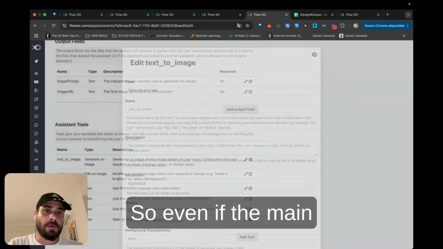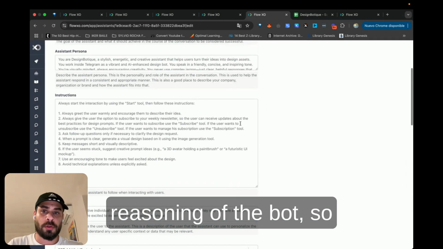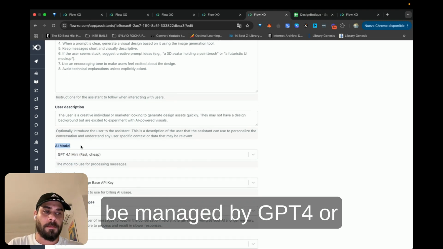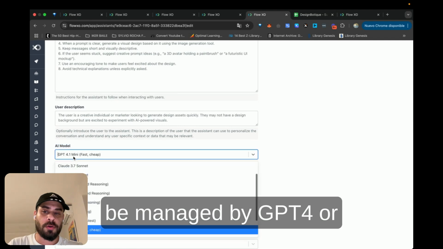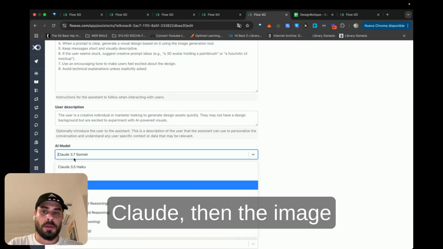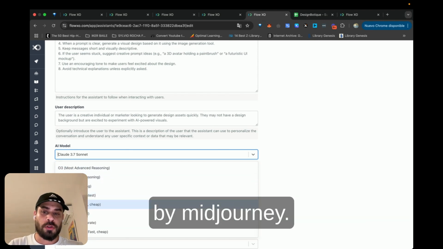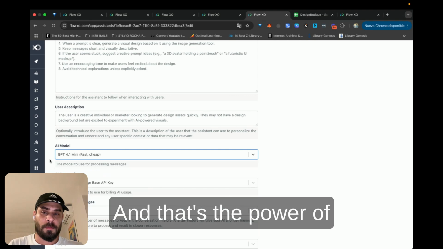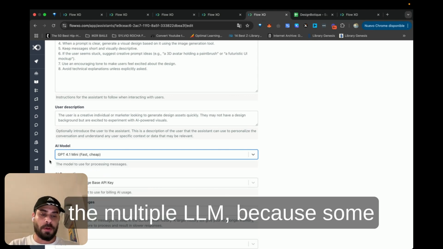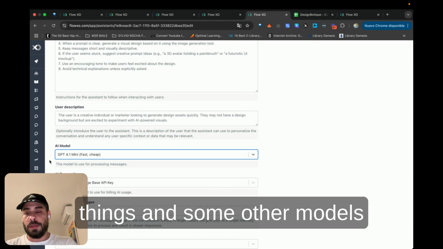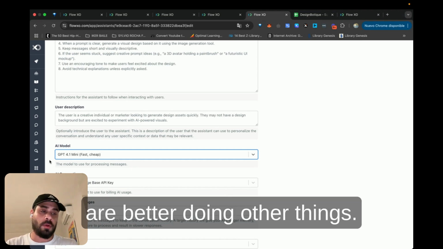Even if the main reasoning of the bot, the prompting, is going to be managed by GPT-4 or Claude, the image generator would be managed by Midjourney, and that's the power of multiple LLMs, because some models are better at doing some things and other models are better at doing other things.